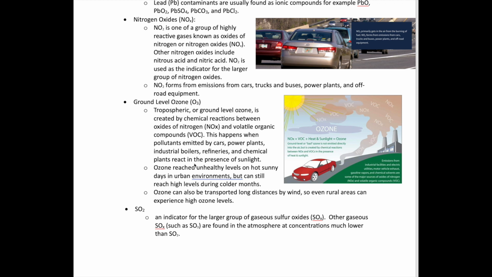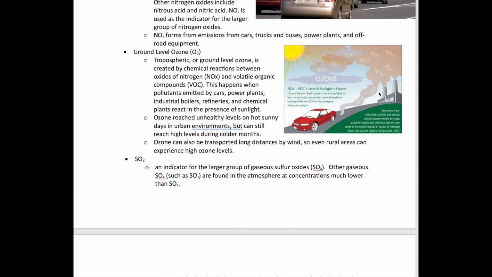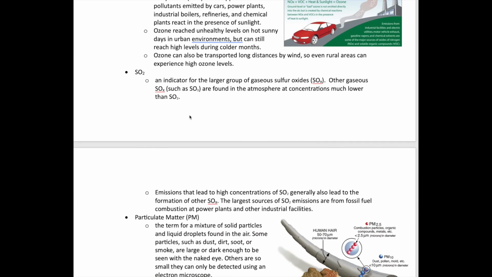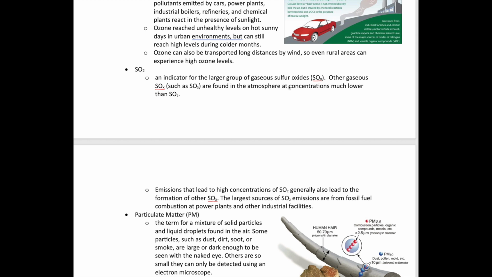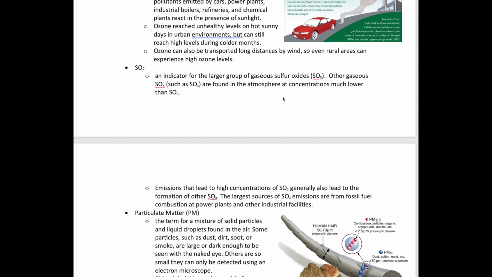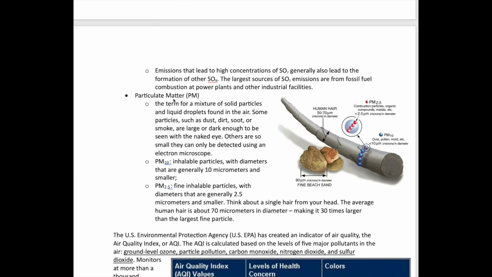Ozone is dangerous for humans if breathed in. You can even transfer it to areas where there's not a lot of these industrial plants or cars because it could be carried by wind because it's a gas. SO2, sulfur dioxide, is another one of these gaseous compounds that's toxic. With water it can produce sulfuric acid, which is a really strong acid that can damage a lot of things around us, including metals. Obviously very dangerous if you're exposed to strong acids. And a generic class of materials called particulate matter, which is basically just things that are small, but they're big enough that when breathed in could cause problems for our cells and other biological tissues.